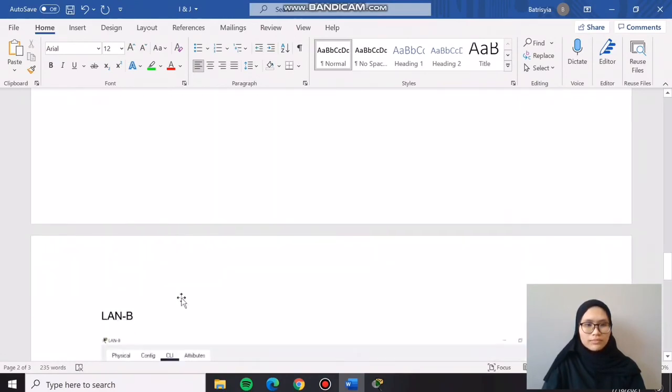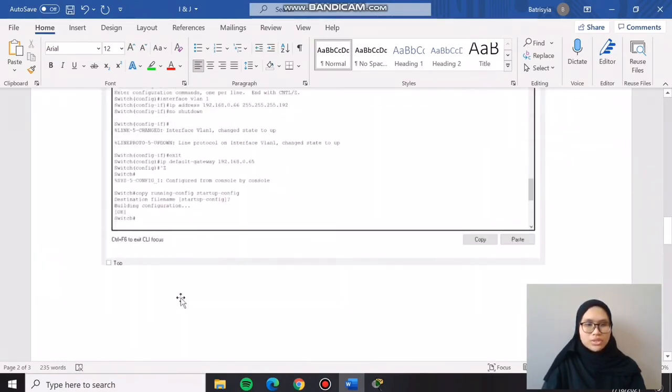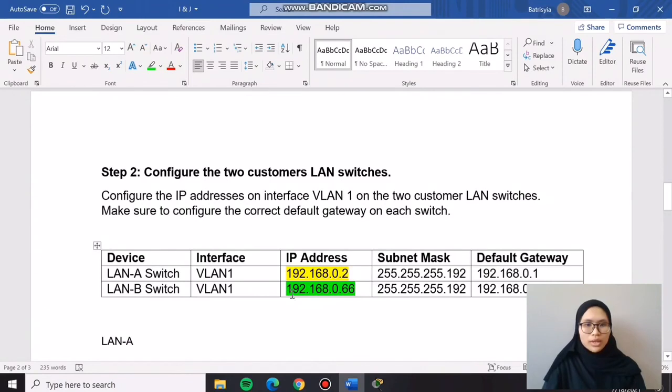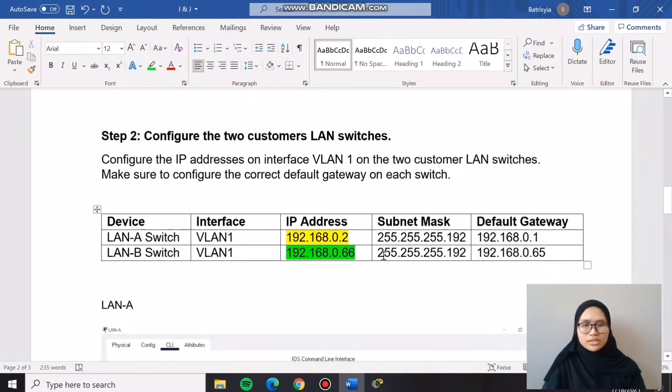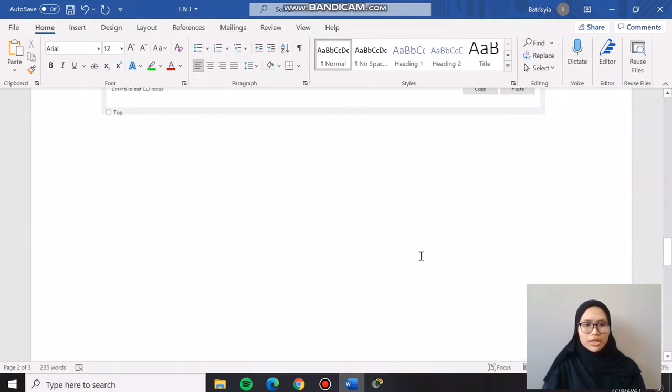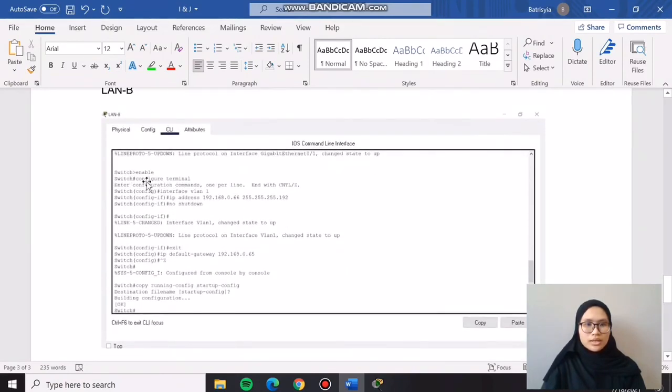So for LAN-B, we will be using 192.168.0.66, and the subnet mask is 255.255.255.192, and the default gateway is 192.168.0.65. So for LAN-B, enter enable, and after that configure terminal and interface VLAN 1, and enter IP address, which is